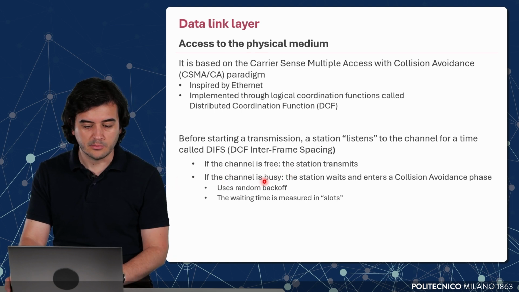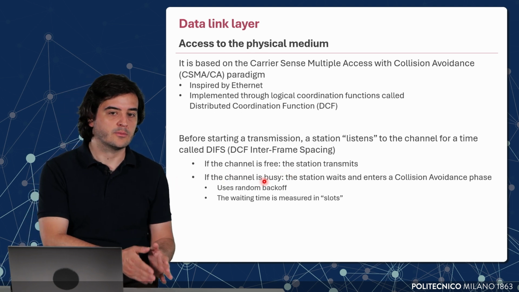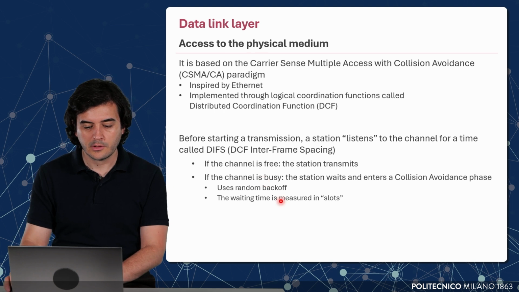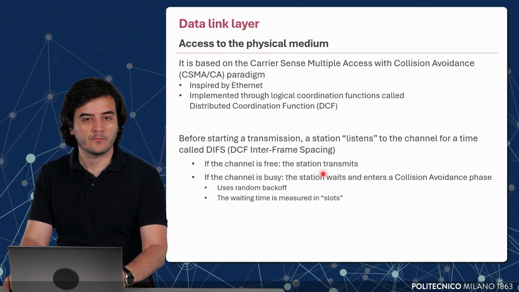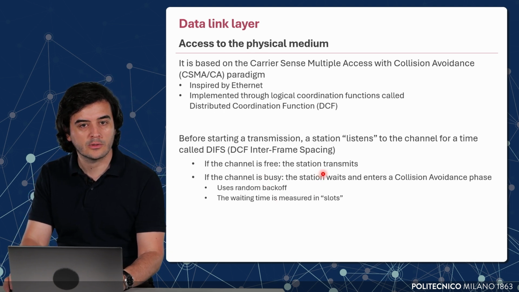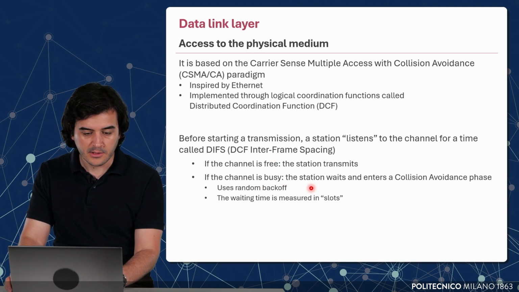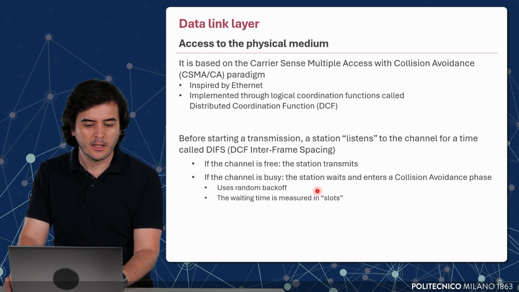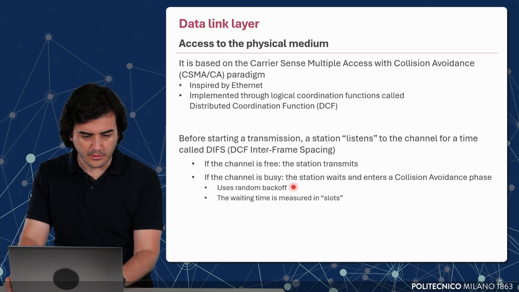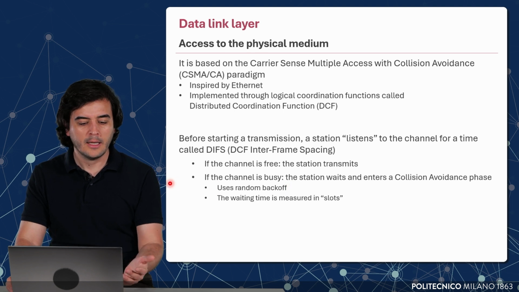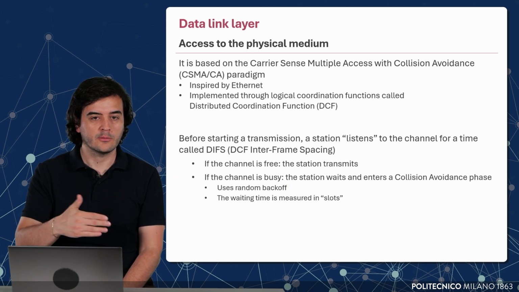If the channel is busy, then there are mechanisms put in place to ensure that the collision does not happen. In case the channel is busy, the station will enter a phase which we identify as collision avoidance through use of a random backoff in order to wait for its turn before